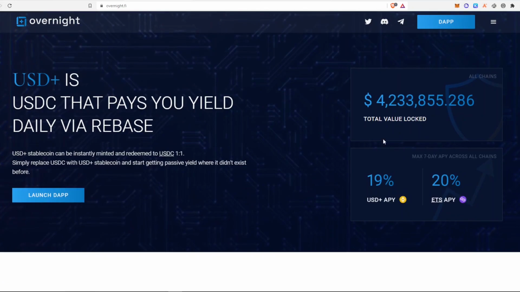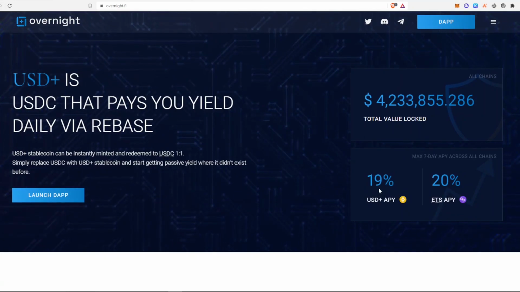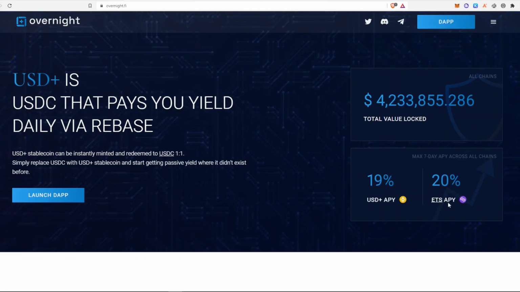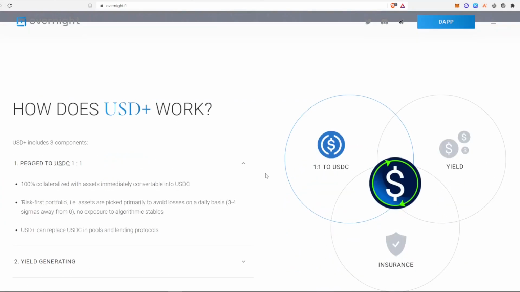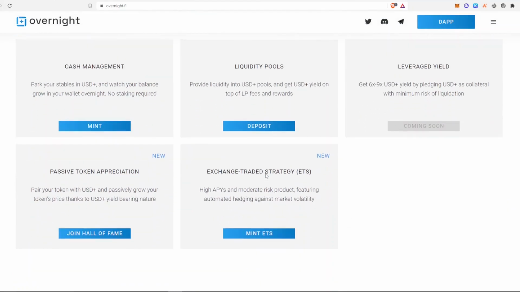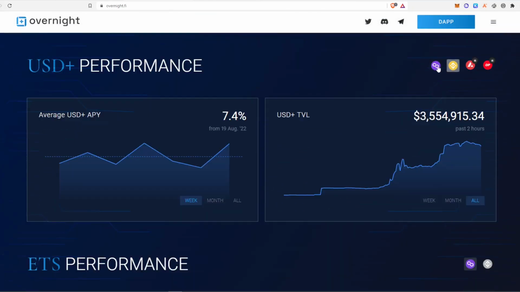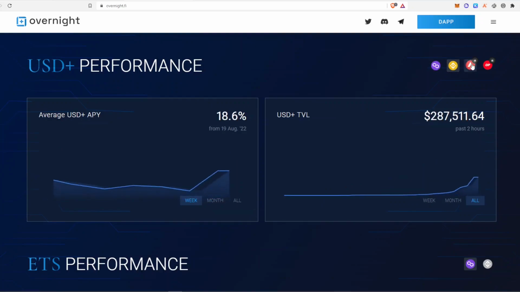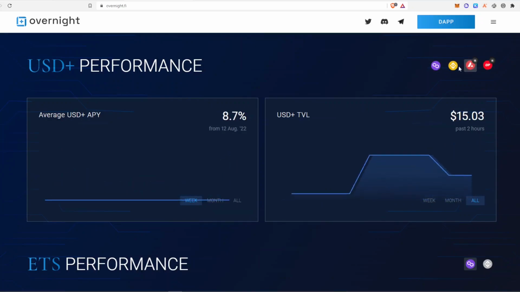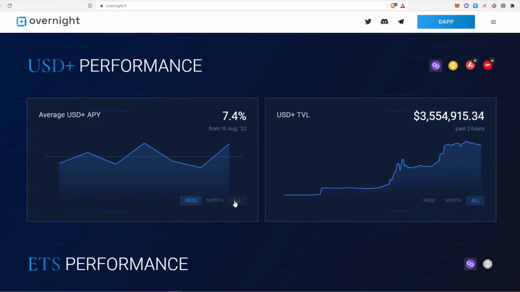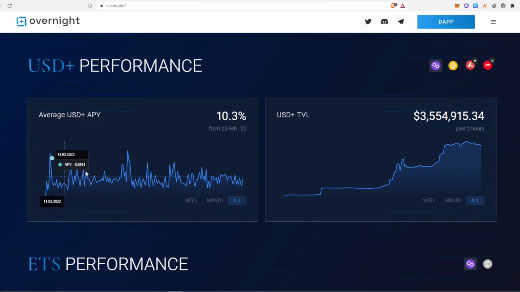As you can see here, USD Plus is offering 19% APY at the moment and 20% APY on Polygon, and you can see how that works over time. Let's go down on the website. Here you go. If you change through the different blockchains, you can see how that performs. Even looking at it along a time scale here, you can see how it averages around about 10%